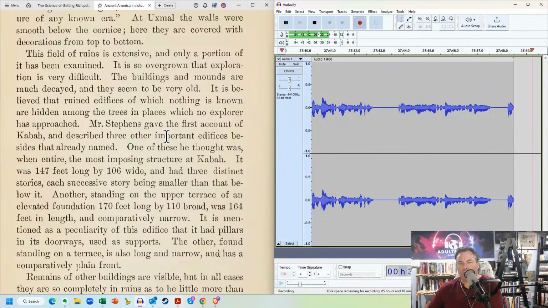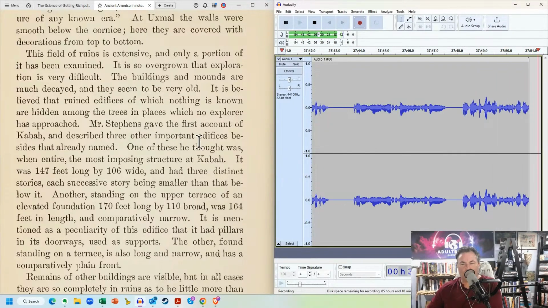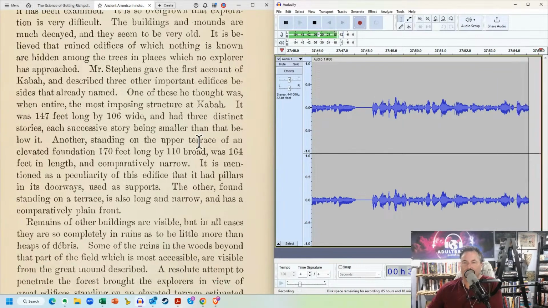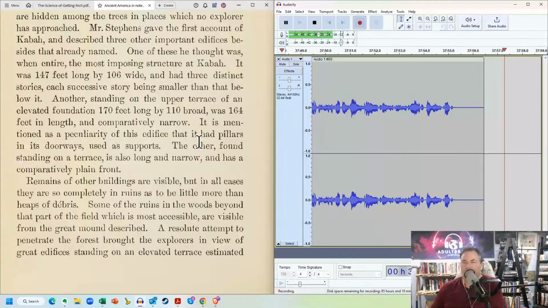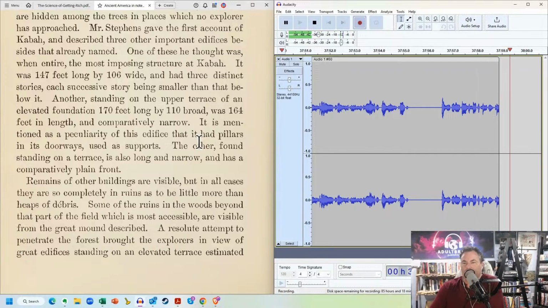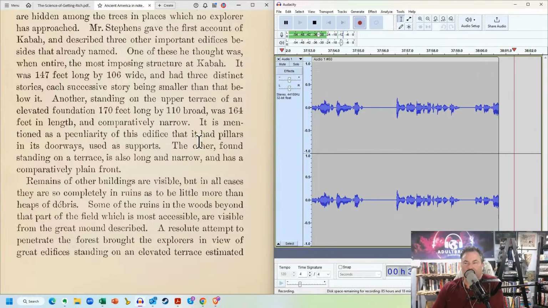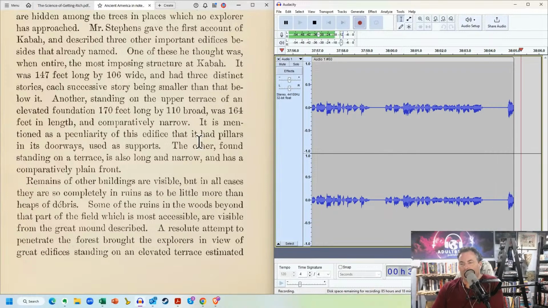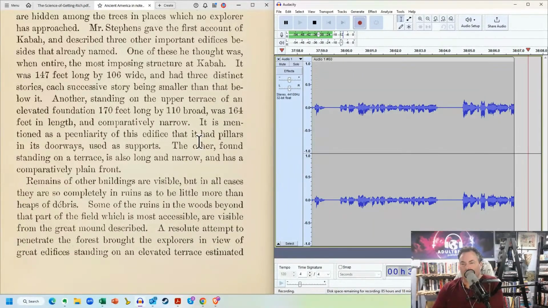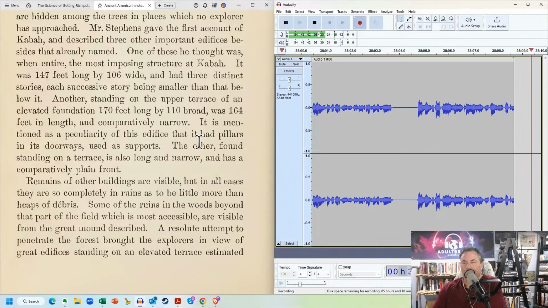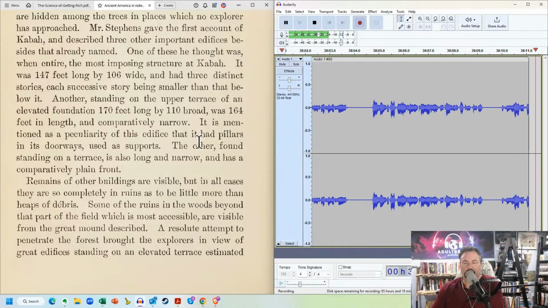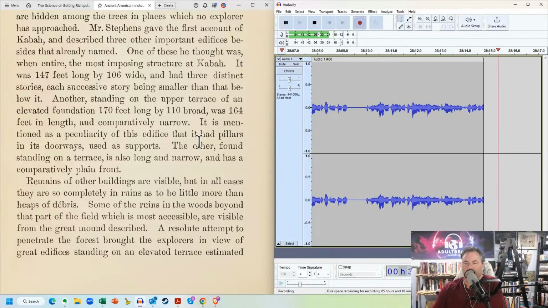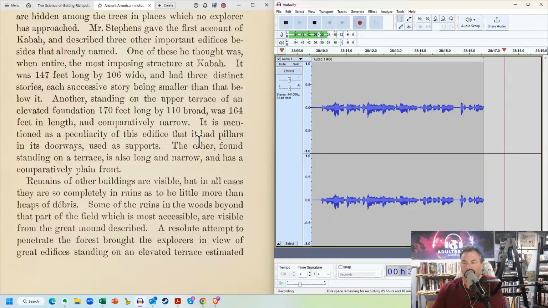It is believed that ruined edifices of which nothing is known are hidden among the trees in places which no explorer has approached." Mr. Stevens gave the first account of Kabah and described 3 other important edifices besides that already named. One of these he thought was, when entire, the most imposing structure at Kabah. It was 147 feet long by 106 wide and had 3 distinct stories, each successive story being smaller than that